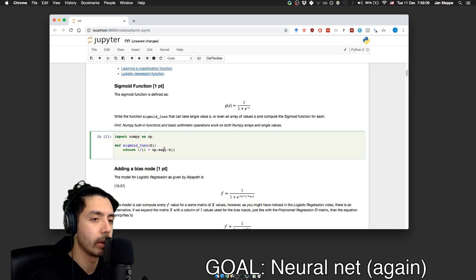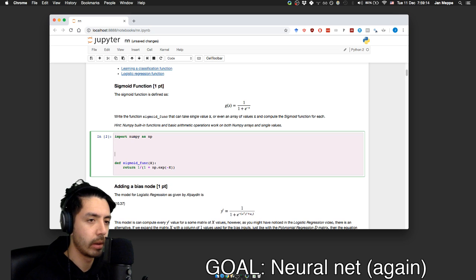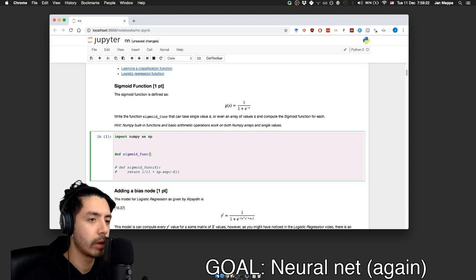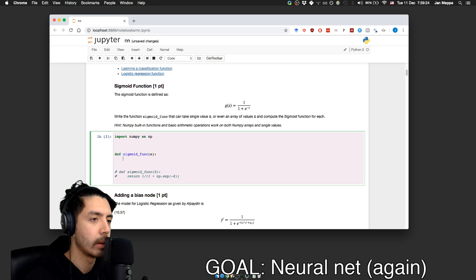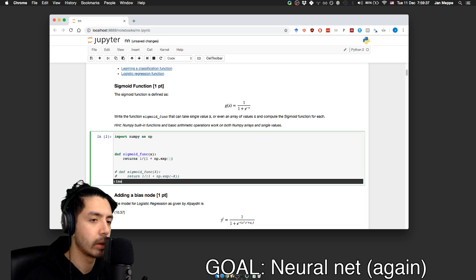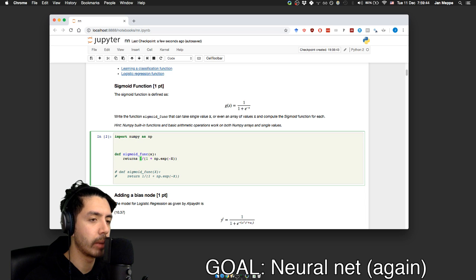So, all right. There is already something here, but let's see if we agree with this actually. We have to write a function sigmoid_func. It takes in an argument x, and it returns 1 over 1 plus np.exp minus x. Sure, but I'm gonna make this